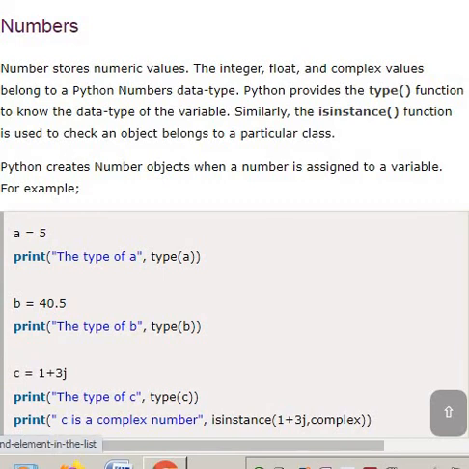So numbers store numeric values. We have integer, float, and complex values.